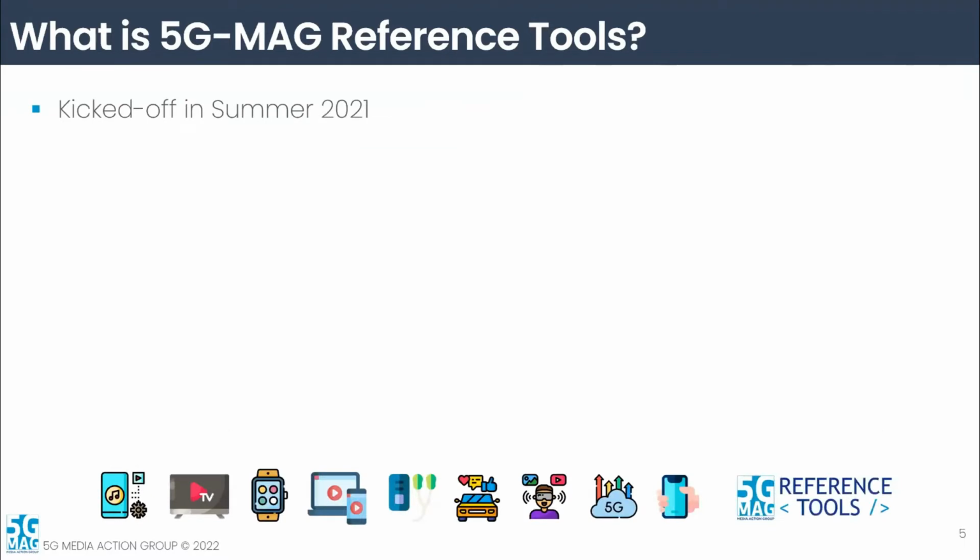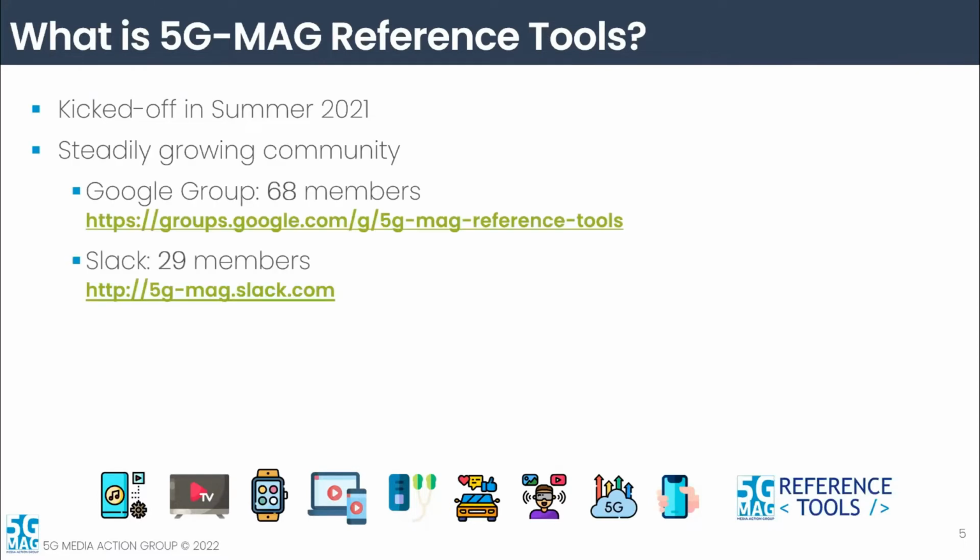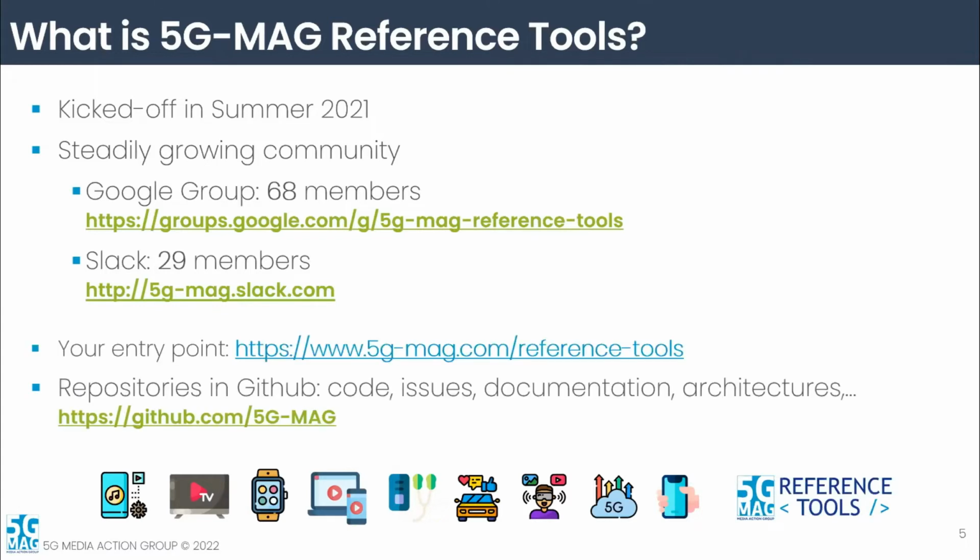So the 5G-MAG reference tools is a very young project, maybe compared to the others. It was kicked off last year in summer 21, but it's already a steadily growing community. In our Google group, we have 68 members at the moment. We have 29 members on the Slack channel. And the most important entry points are